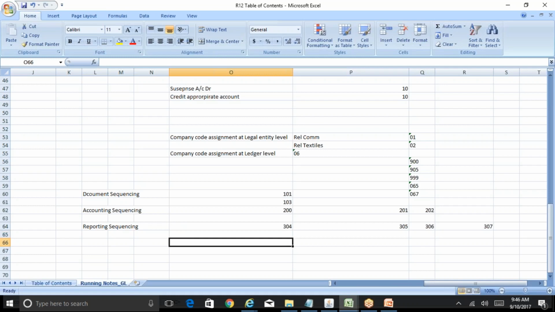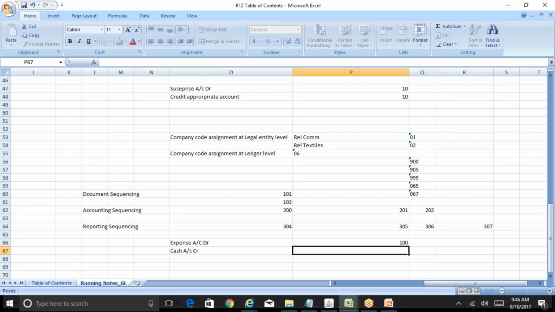So take an example. You have this particular journal entry: expense account debit $100, and say cash account credit $100. This is journal one, the first journal. For this, the document sequence number is say 1501 something, and accounting sequence number is say starting with a different series, say 16001, and reporting sequence number is say